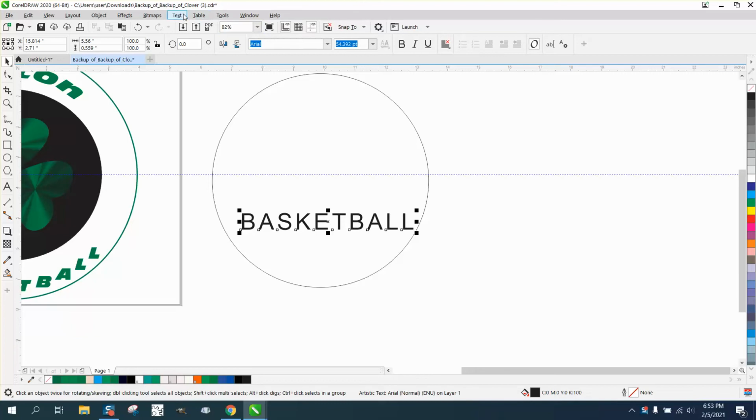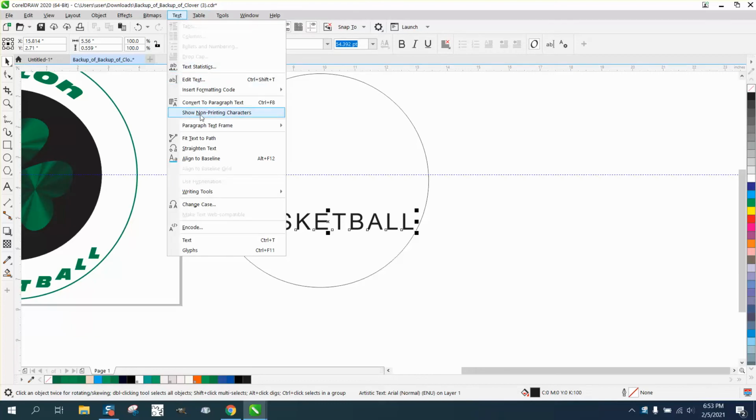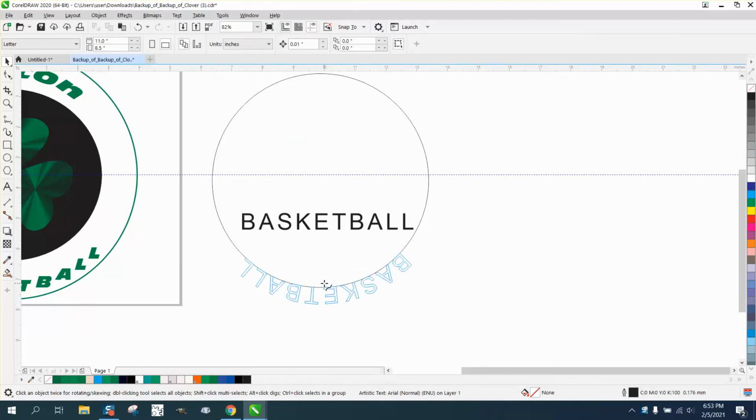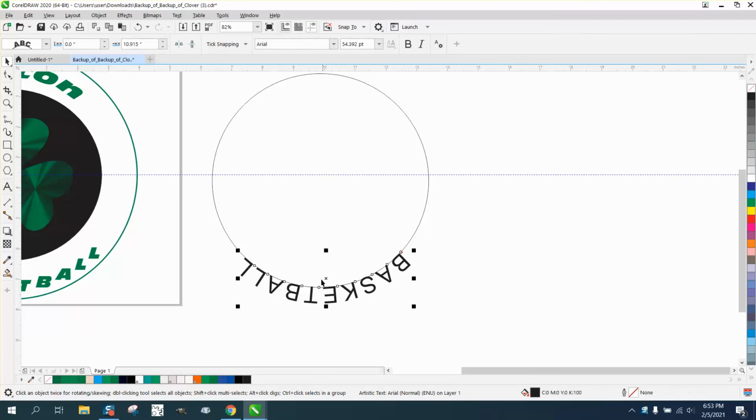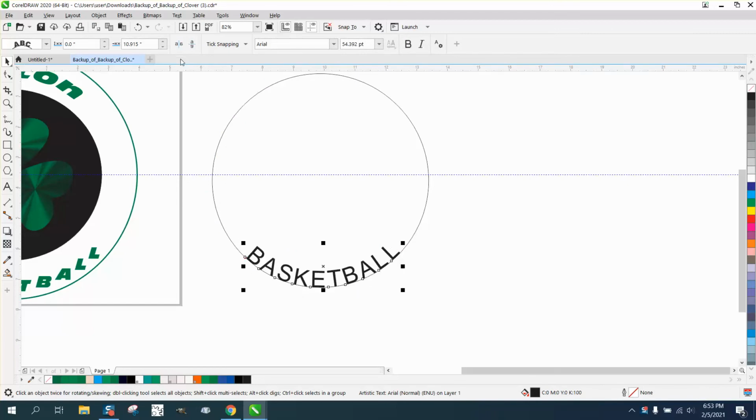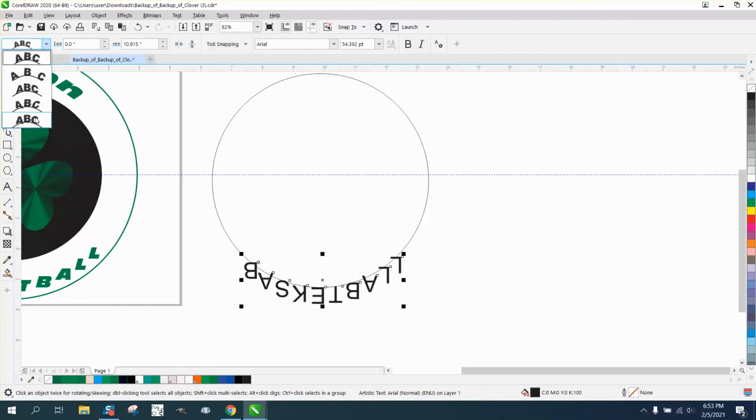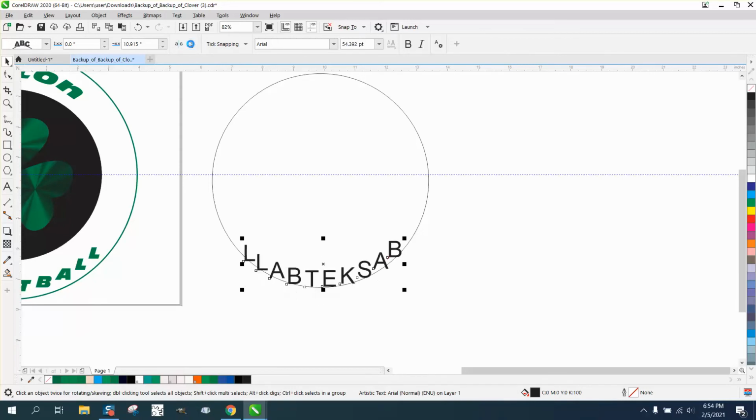And let's go to text-to-path and put it there. As always, you got to mirror it to make it right. That's a standard way to do it, but there's different. I mean, look at that. It changes the letters completely. I have a lot of trouble sometimes getting it back to read basketball